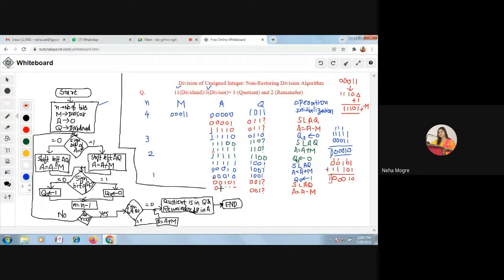This is your 0 0 0 1 0. Yes, after performing A equals A minus M, again you have to check the sign bit of